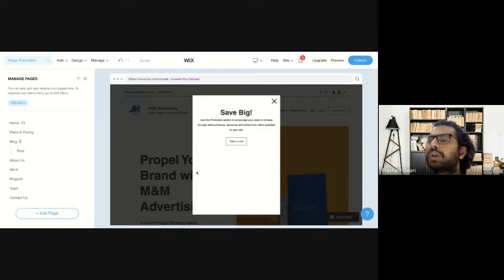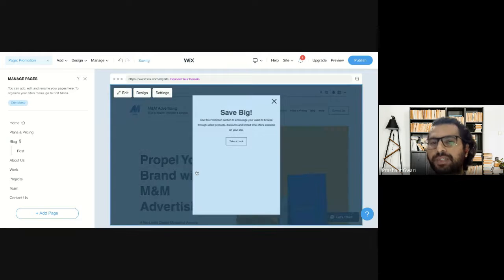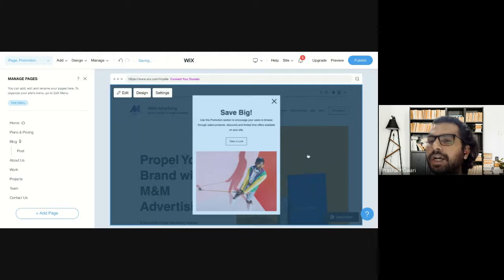So now as a customer, you have two options. One is click on the cross and continue with the website content, or engage with my promotion. And to engage with my promotion, you have to click on this call to action button. So these kind of pop-ups you can create for your website to generate website traffic on a specific page, or to promote any kind of special offer you are promoting or using on your website.